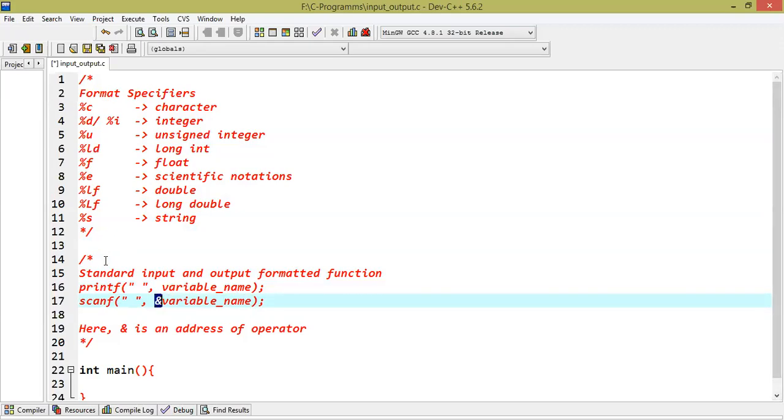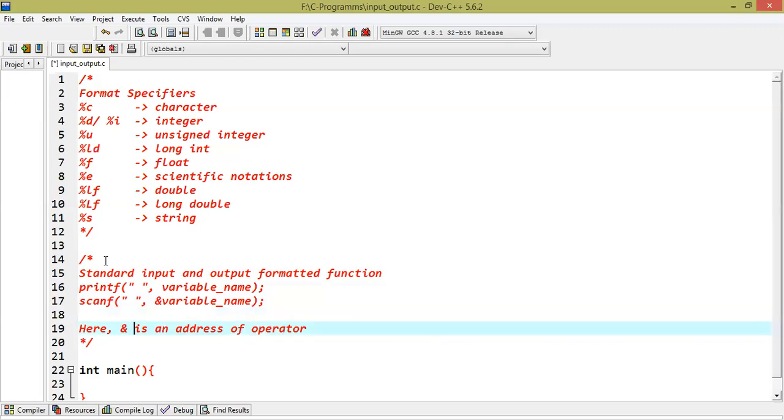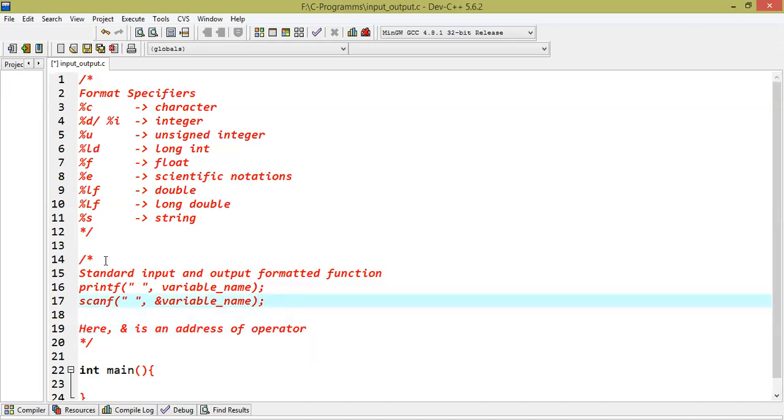In your keyboard, we normally call it ampersand. In C programming, we'll see this symbol or special character has various purposes based on the context in which we have used it. So here we're going to consider ampersand as the address of operator. So when you're going to take input a value from a user, we need to pass the actual address of the variable, that is, in which location of the primary memory that value is going to be stored. And this is the reason we need to use the address of operator.